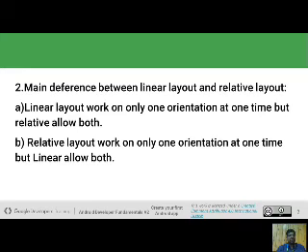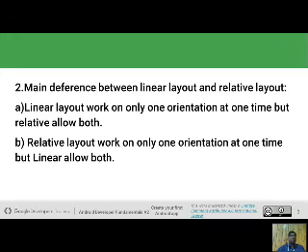In linear layout, if we set the orientation horizontal, then we set the components in a horizontal mode. If we set the orientation vertical, then we set all components in vertical mode.